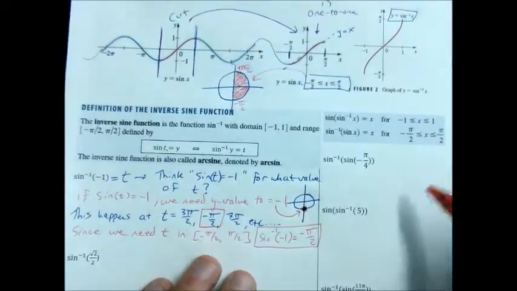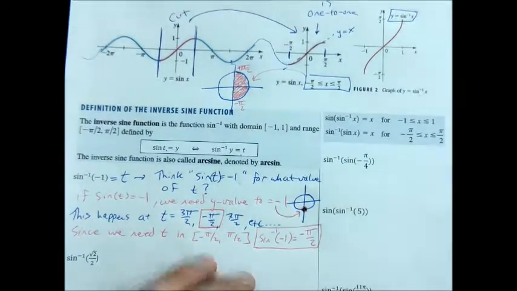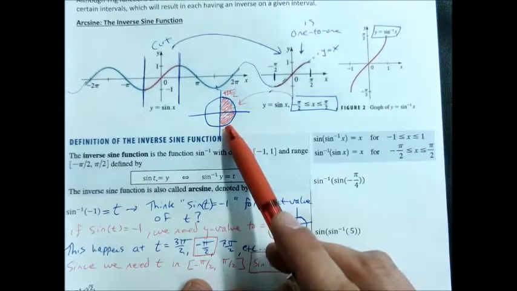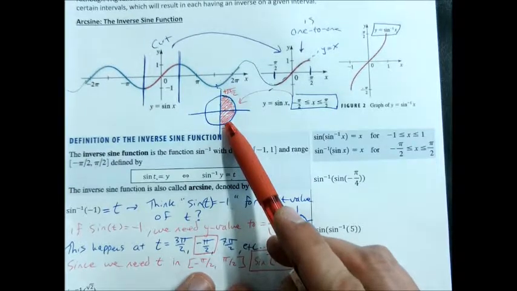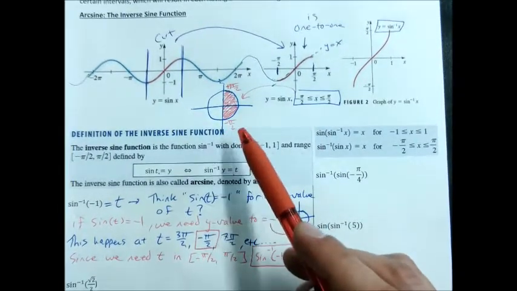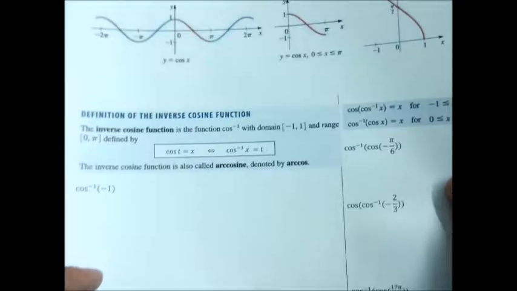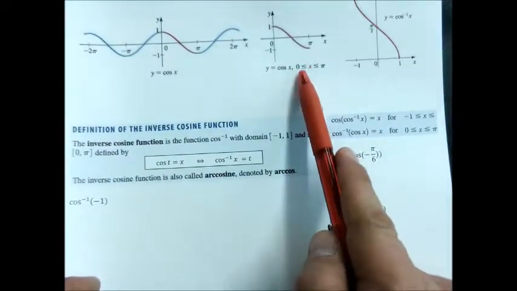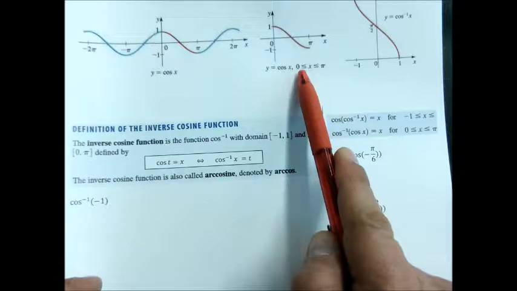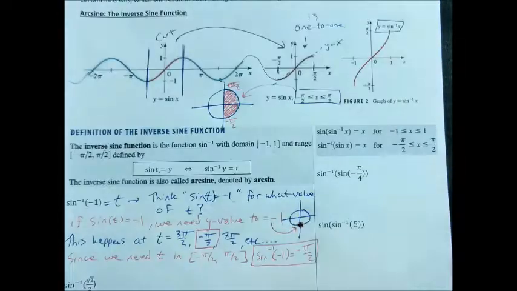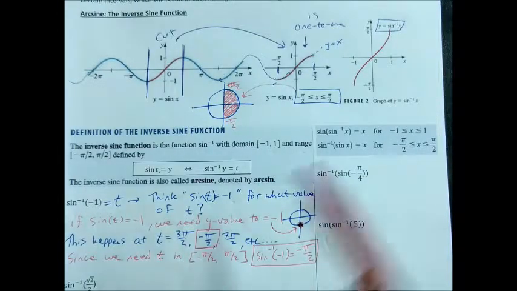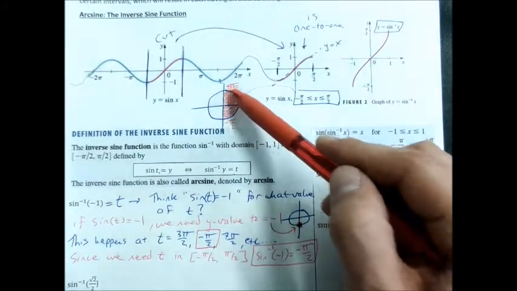The ones in this right-hand column, yeah, go ahead. So, is it always going to be that same chunk of the... Yes, we're always thinking about the interval from minus pi over 2 to pi over 2 with sine inverse. Just jumping ahead to cosine real quick, with cosine we think about 0 to pi. And so that's the top half of the unit circle. And so with sine, we only think about the right-hand half, because look, the right-hand half has all unique y